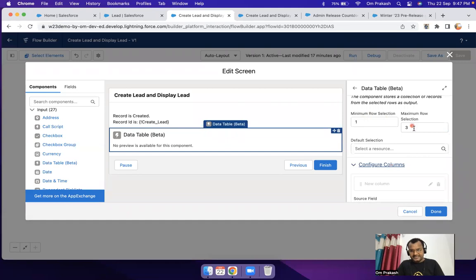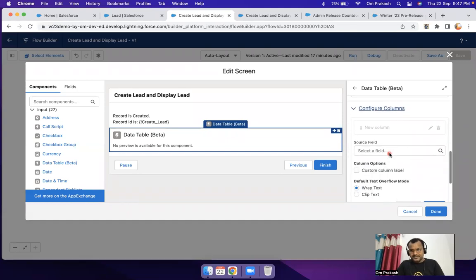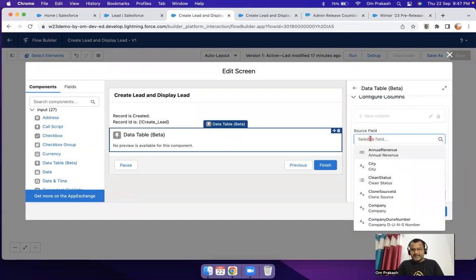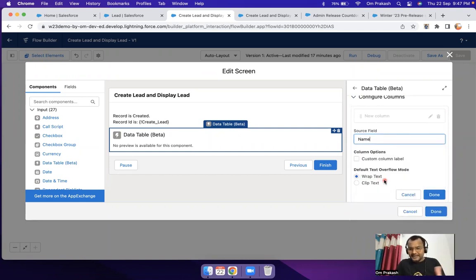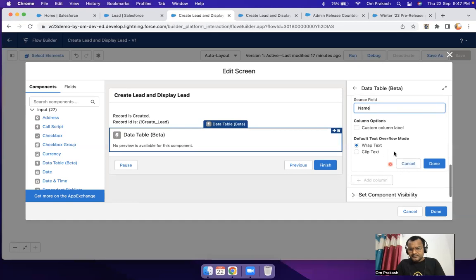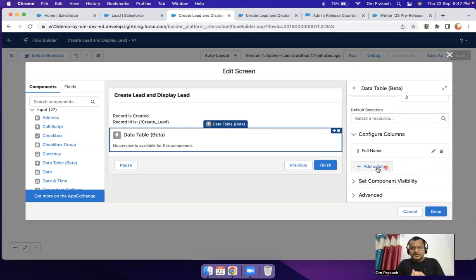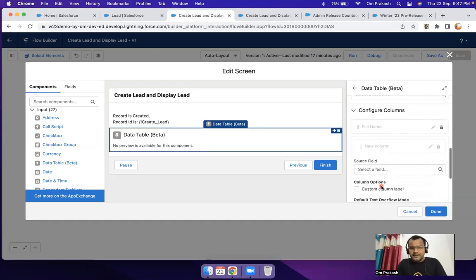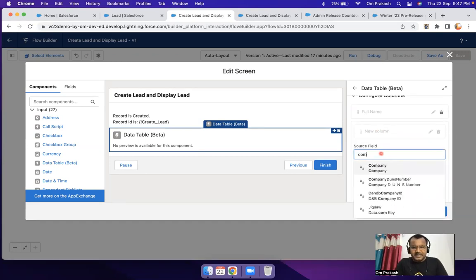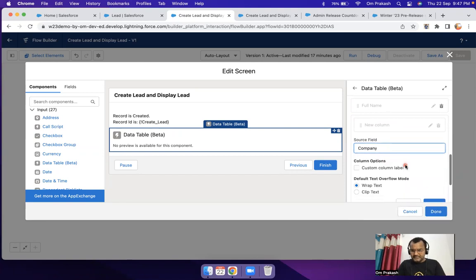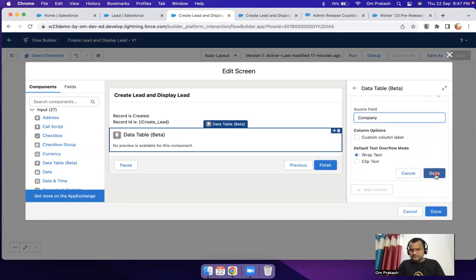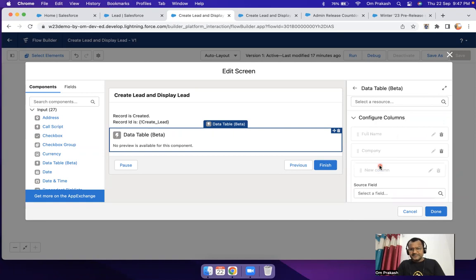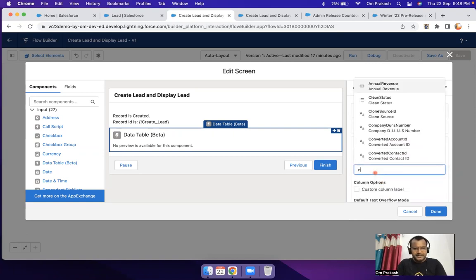Okay, I will put here 1, 3, then I am coming here to configure column, and here the source field, I want to display name, full name. Wrap text, that's fine, click done. I also want to display, add column, company name, company. Done. I want to display email. So choose email,